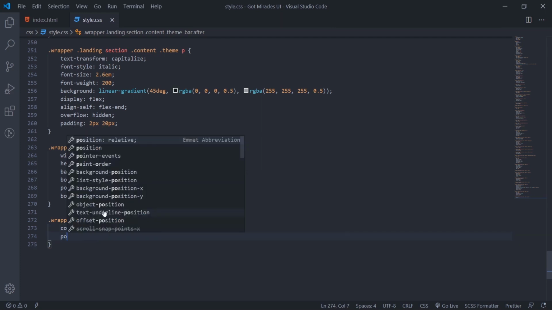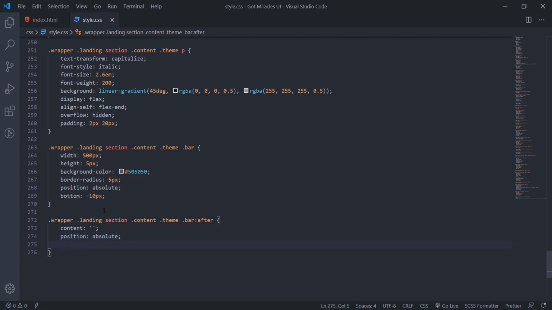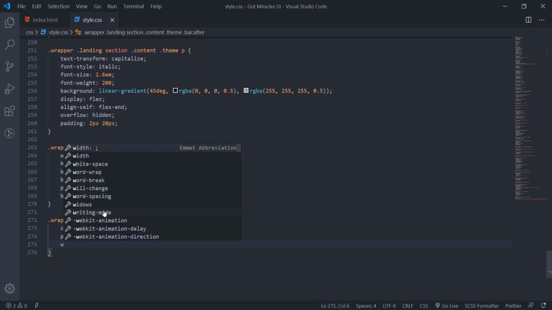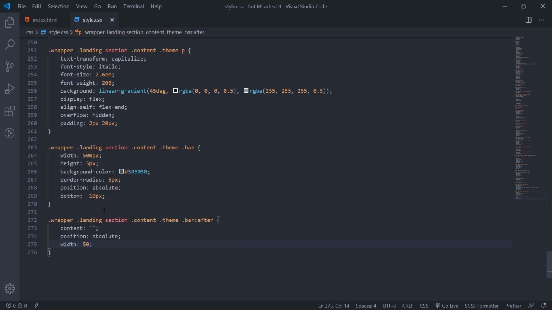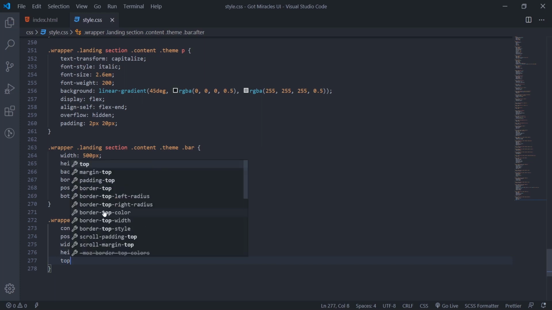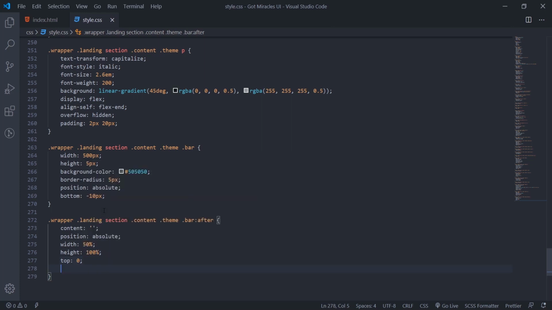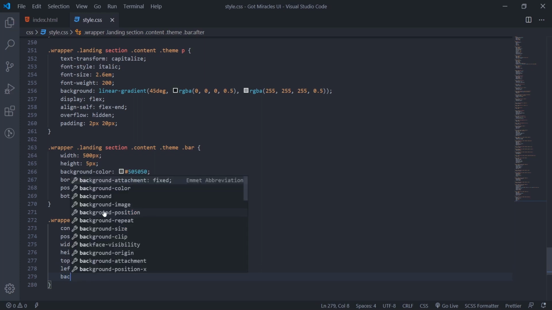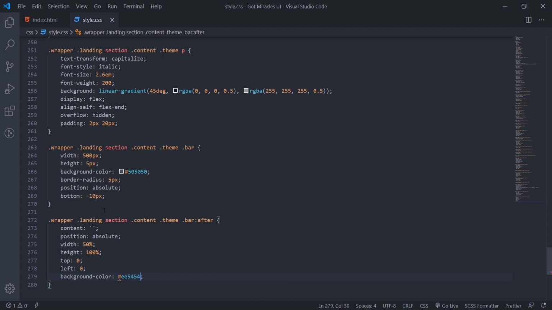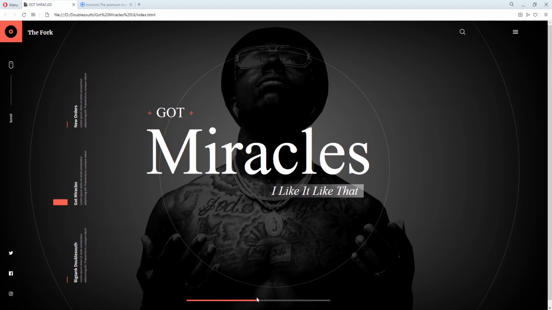Then we'll set position to absolute. Our width will be 50%, so 50% of the parent, which will be 250 pixels, while the height will be like 100%. And top 0, left 0, background color.